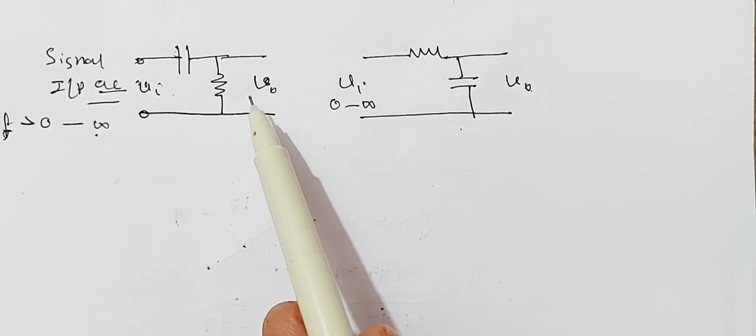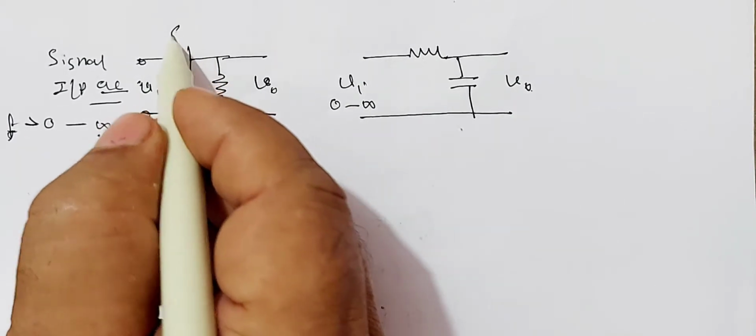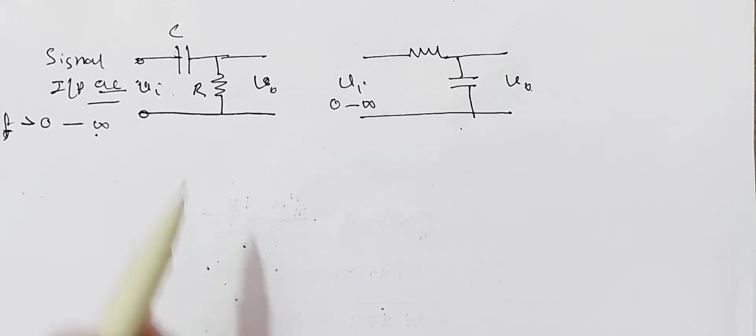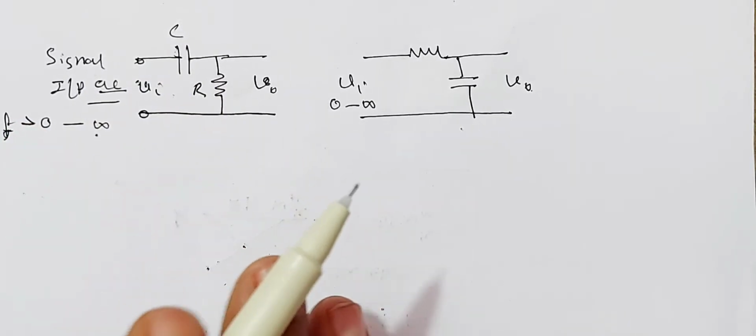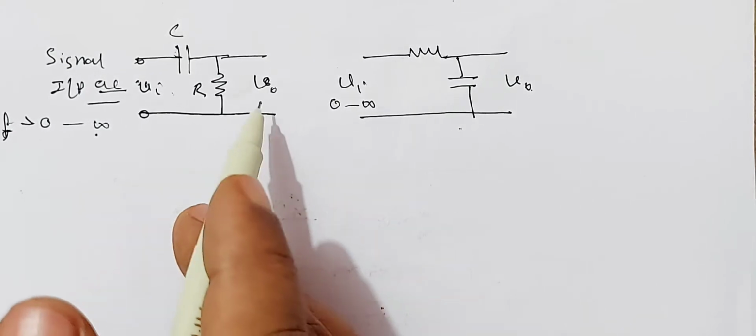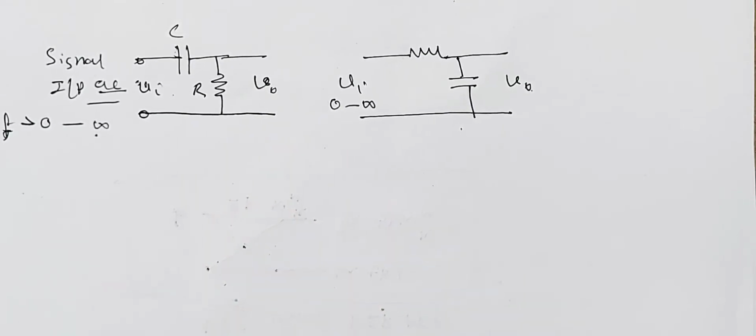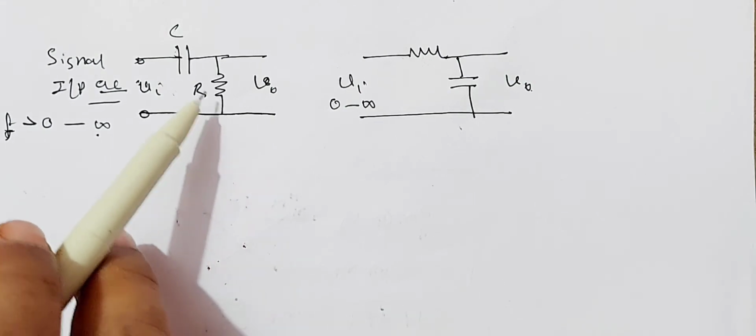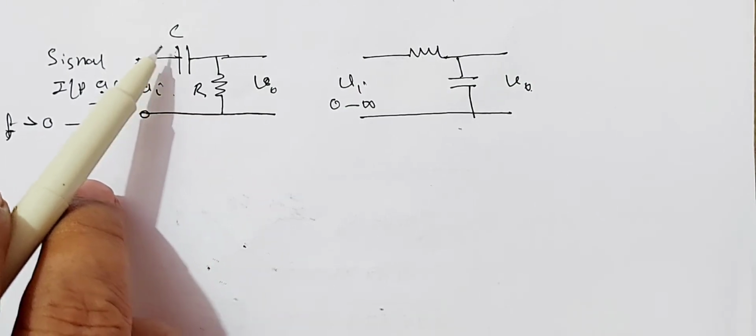This specified frequency value is given by the values of this R and C. Depending upon the values of R and C, you will get some frequency. Up to that frequency, the output is allowed, or up to that frequency the output stops and then it is allowed. Therefore, the filter is an electronic device which produces output voltage not for all input frequency but only for a specified value of the frequency. And this specified value of the frequency is determined by the values of the components used, C and R.